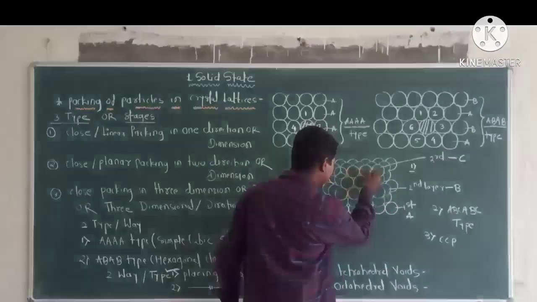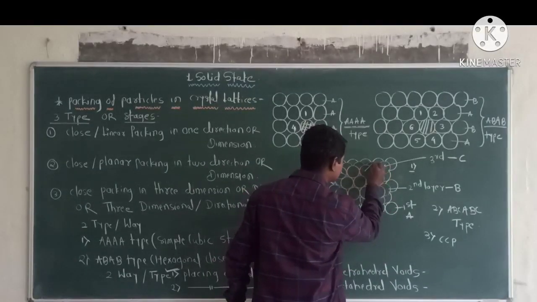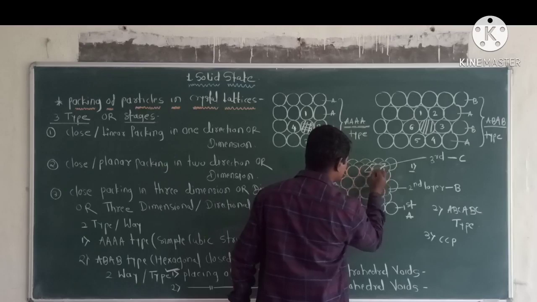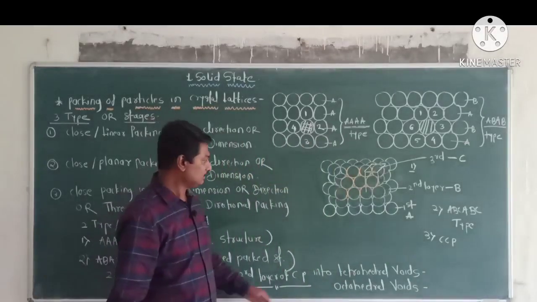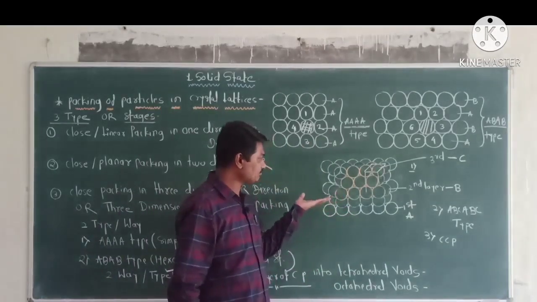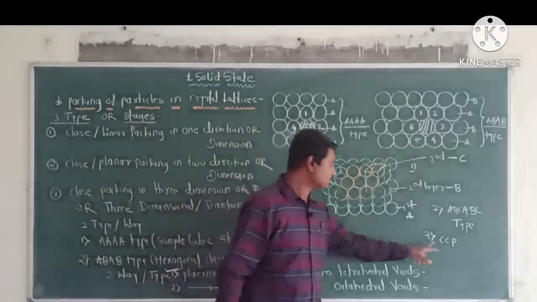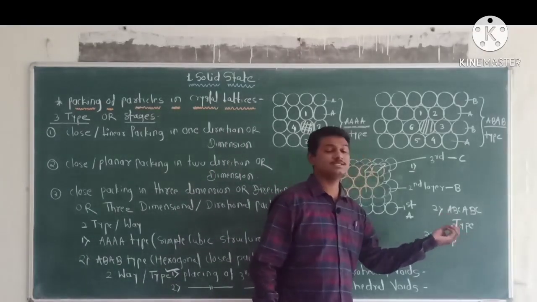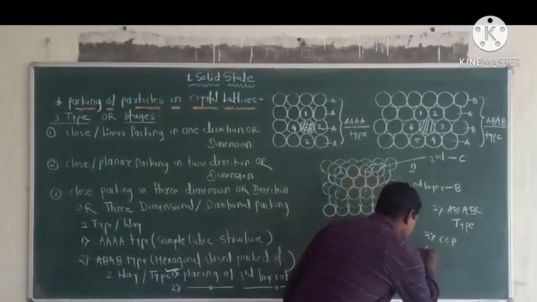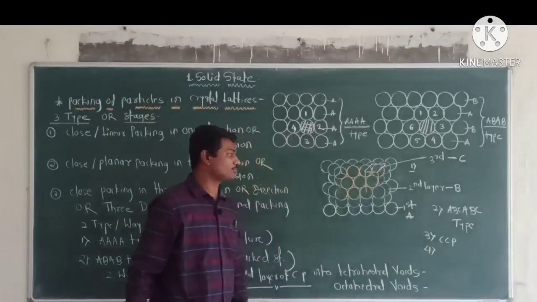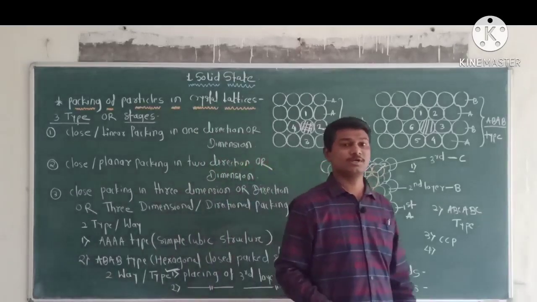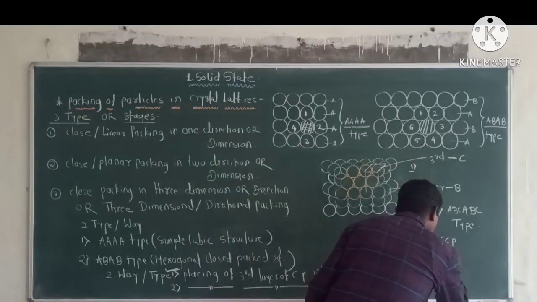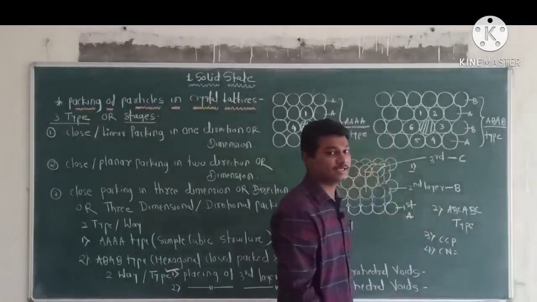Okay, look here. It looks like a cube. Therefore, the crystal structure made by such a packing is called cubic close packed structure, that is CCP. And last point, in this packing each constituent particle is in contact with, or surrounded by, 12 other constituent particles. Therefore, the coordination number of each constituent particle in this packing is 12.